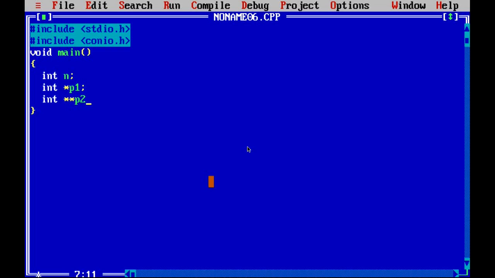So this double star pointer 2 is simply used to store the address of single star pointer 1, and we have the variable n with value 10. So p1 equals to ampersand n. We are storing the address of variable n to the pointer p1,